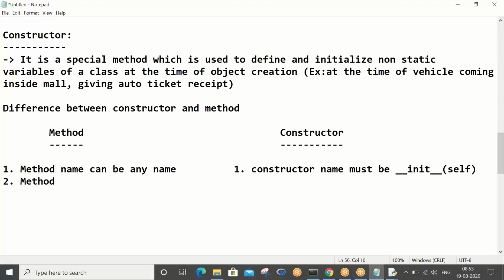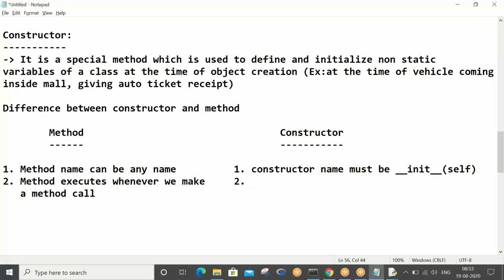A method executes whenever we make a method call, like x1 dot m1, x2 dot m1, which we give manually. Whenever we manually call, only then your method gets executed, right?